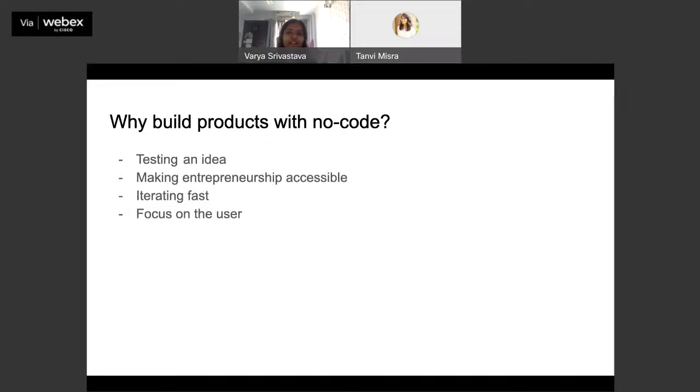If you don't iterate fast and if you don't get your product out fast, you will never be able to, quote unquote, win the market. You won't be able to get the kind of feedback that you need to actually succeed. So, iterating fast is the most obvious use case of using no code products.